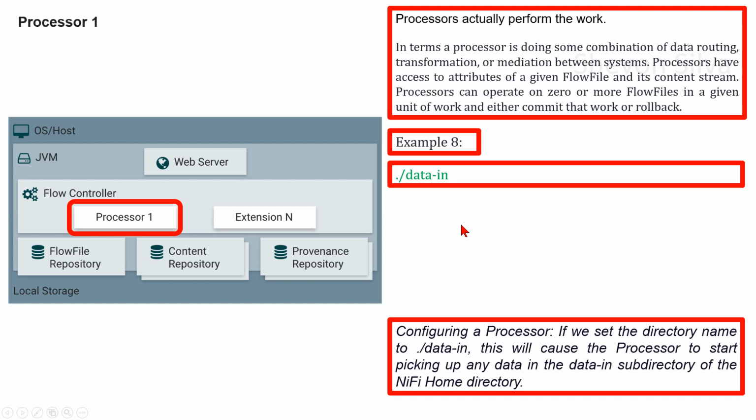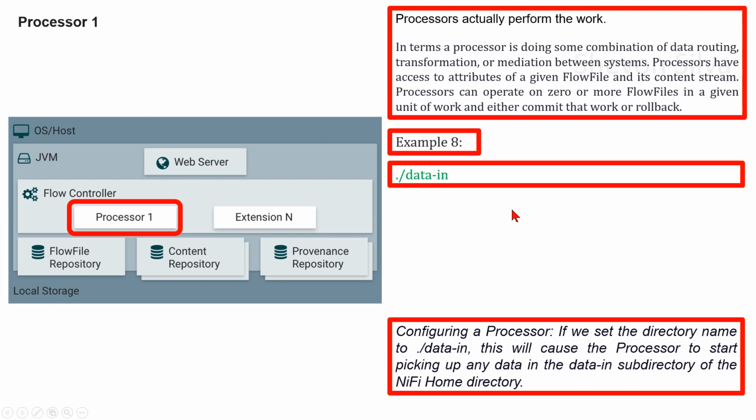The most important property to configure for GetFile, for example, is the directory from which to pick up files. If we set the directory name to ./data-in, this will cause the processor to start picking up any data in the data-in subdirectory of the NiFi home directory. We can choose to configure several different properties for this processor. If unsure what a particular property does, we can hover over the help icon next to the property name with the mouse in order to read the description of the property. Additionally, the tooltip that is displayed when hovering over the help icon will provide the default value for that property,